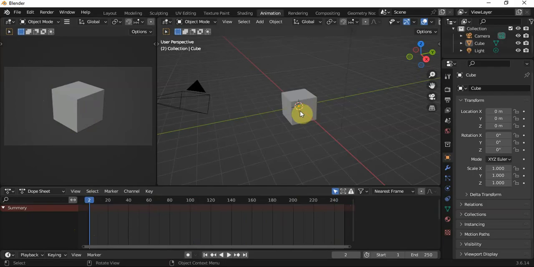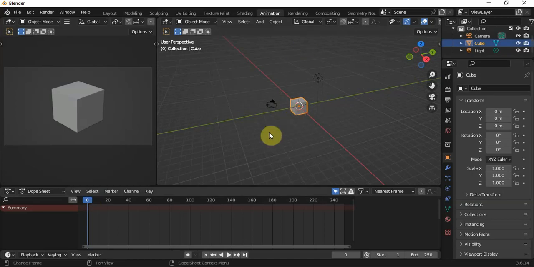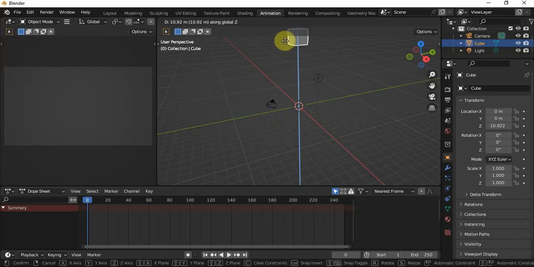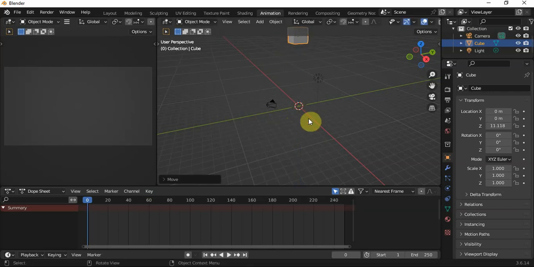For instance, maybe you want your object to move from one point to another. You keyframe it to that particular location, then you go and keyframe another particular location. Let me quickly do an example here. For instance, this is my cube. I want it to go up and down. Let it start from key 0. So now I want it to go up and down. So let me use my G, Z. That's it. Then I will press my